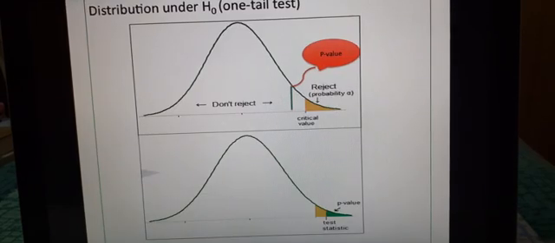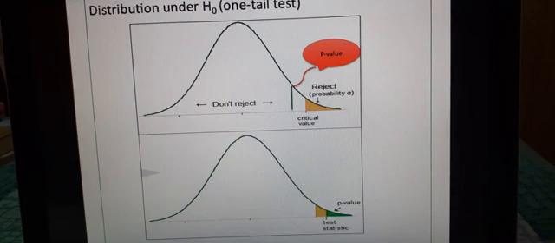Now, let us see these figures. Here, the yellow region that you are seeing is the region of rejection, that is, defining the probability of committing alpha error. And beyond that, the green line is denoting the p-value. If the p-value lies beyond the alpha value, here we are seeing a one-tailed test. So from one side we are seeing the distribution, and if the p-value lies beyond the yellow region, we say that it is